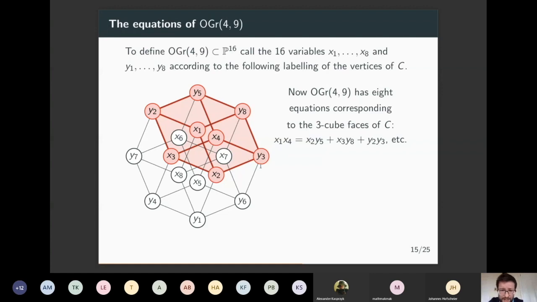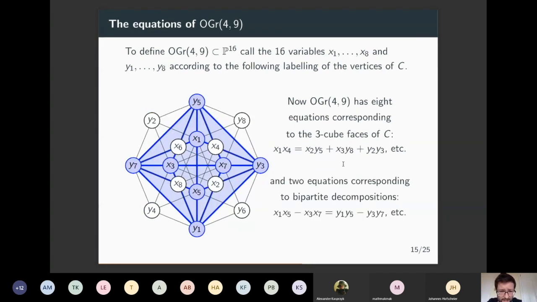And so I have 8 equations. I've drawn one of them graphically for you on the left here, and the other 7 I just get by rotating this picture. So I have x1 times x4 is the sum of all these things, and if I rotate everything counterclockwise, I'd have x1 times x6 is a whole bunch of other stuff, and so on and so forth. So there are 8 equations I get by that, and there are actually a further 2 equations that are implied by those 8 equations, but